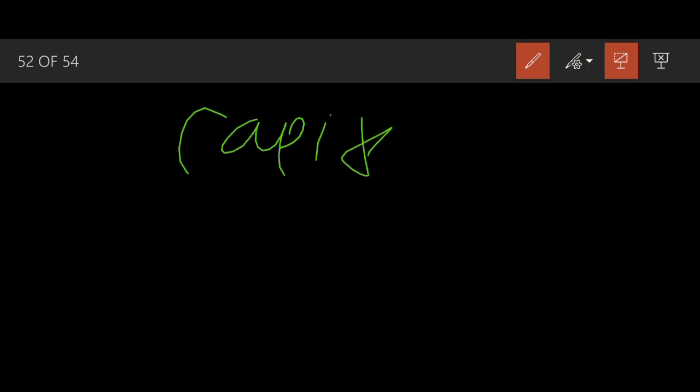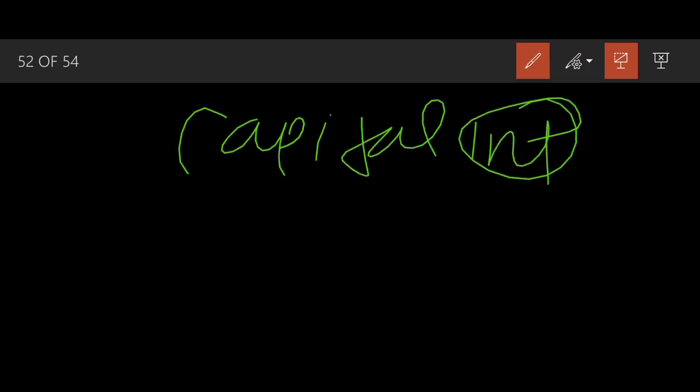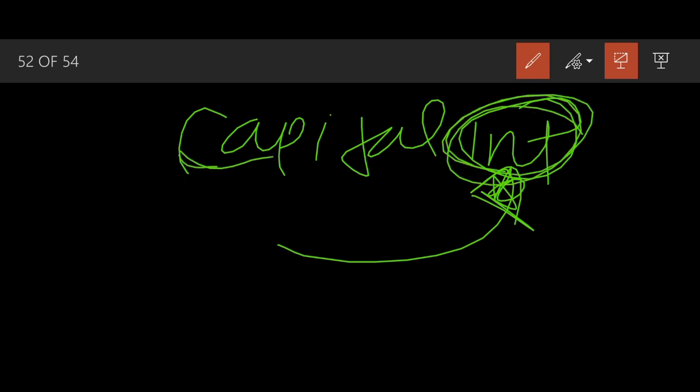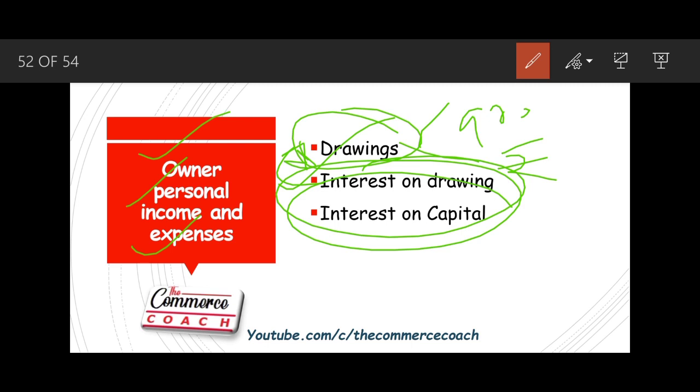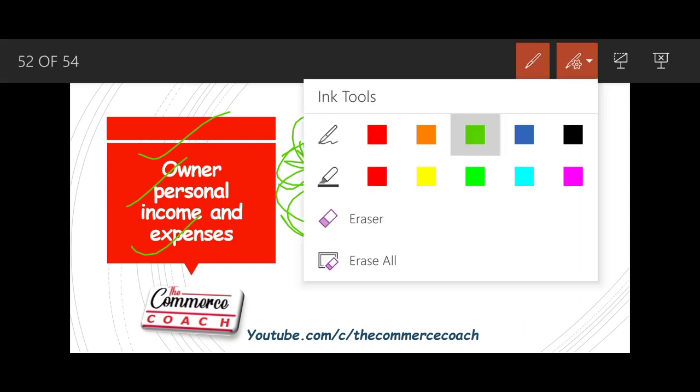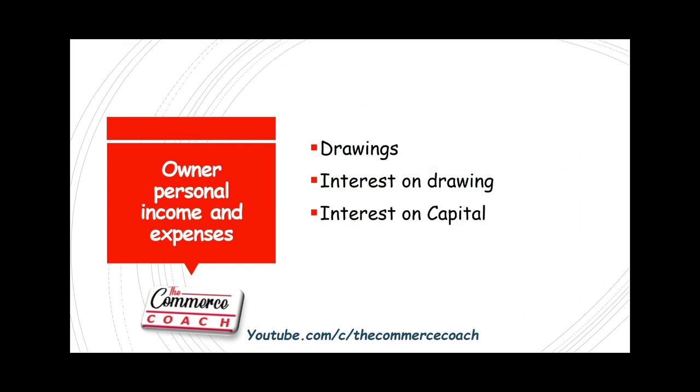Now there is also the concept of capital, interest on capital. So as the owner deploys the capital to the business, the business pays him interest. So if we are not recording the drawing, interest on drawing, then how will we be considering the interest on capital? We will also not be considering interest on capital. As simple as that. Now we have done all the parts that will not be included into cost sheet.